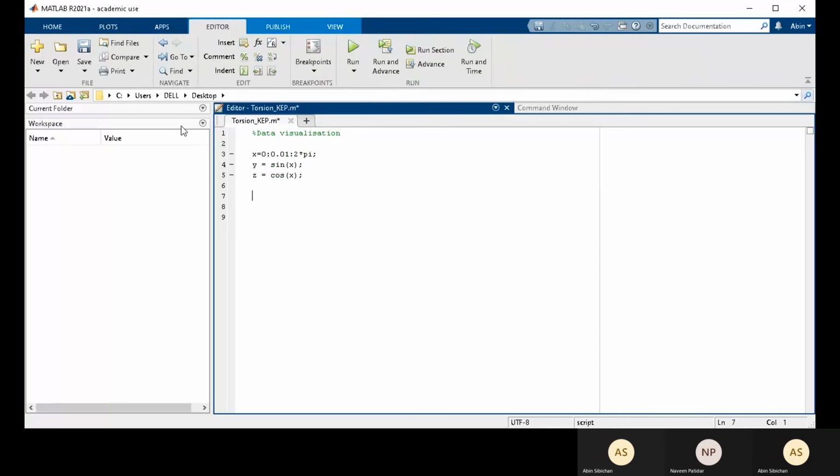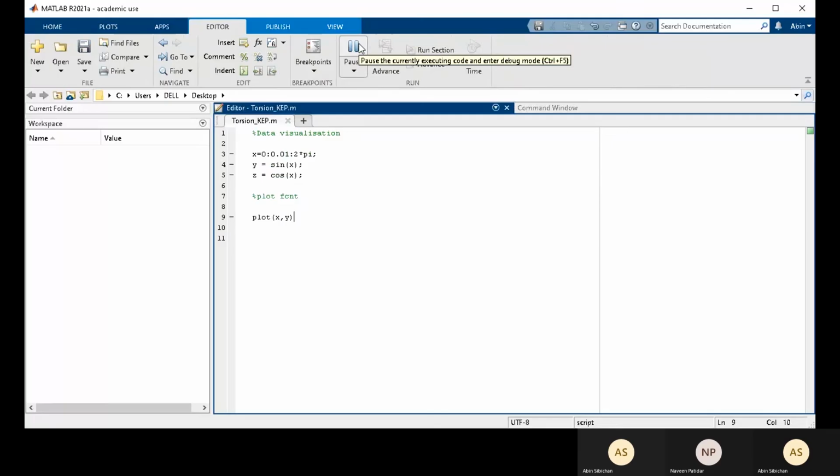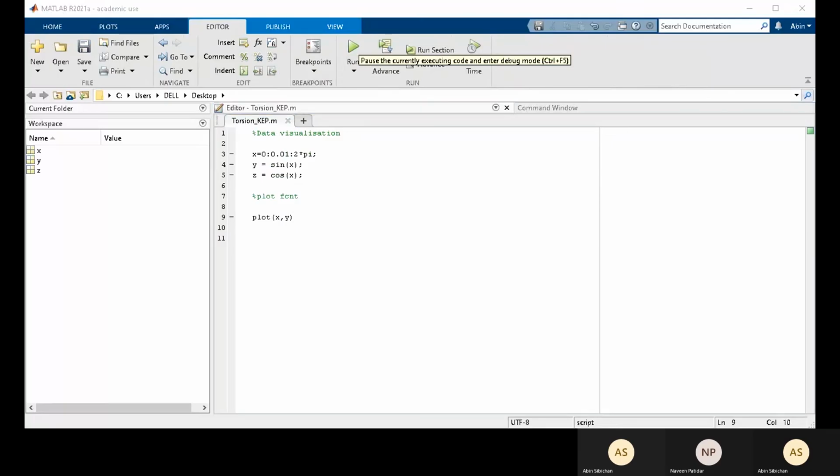Now I want to plot this on a graph. This can be done by using the plot function. We first say what the x coordinates are, then input the y coordinates, and let's run.